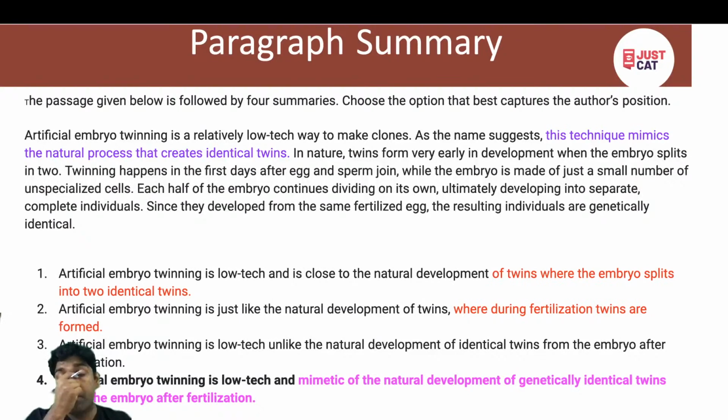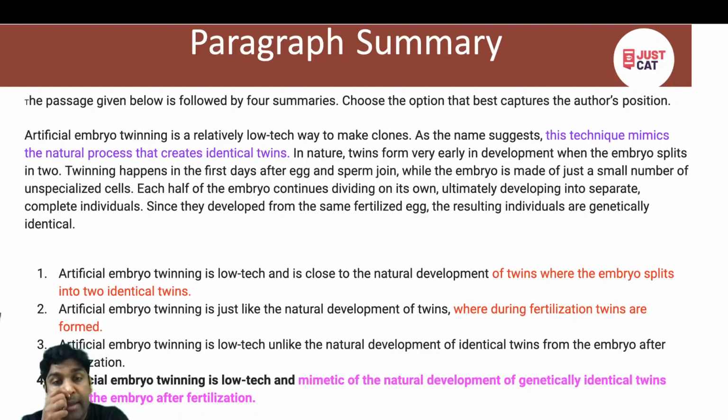Then look at the third one also. Artificial embryo twinning is low tech, unlike the natural development of identical twins after the embryo, identical development from the embryo after the fertilization. So it says unlike the natural development. Now, what is the third? The third is opposite. It is opposite or against the information we have discussed thus far, because we would be saying that embryo twinning is just like the natural development of identical twins,